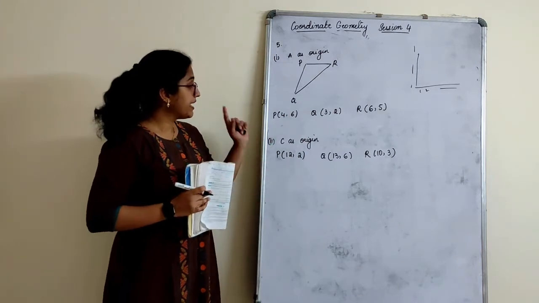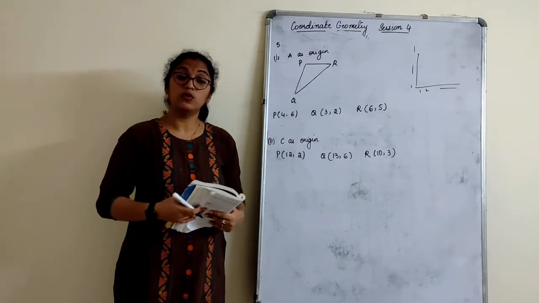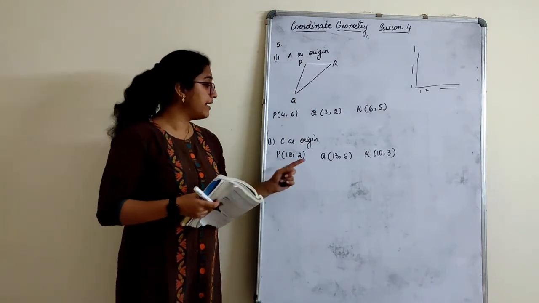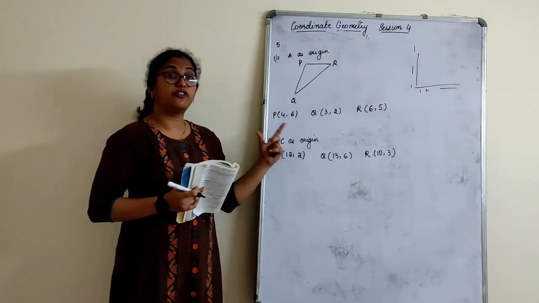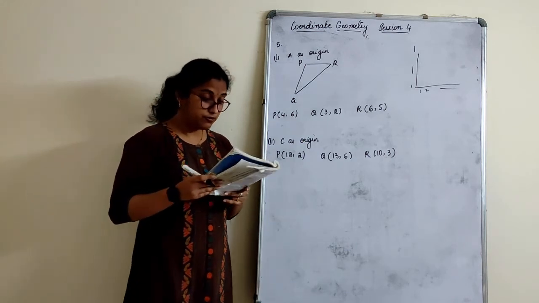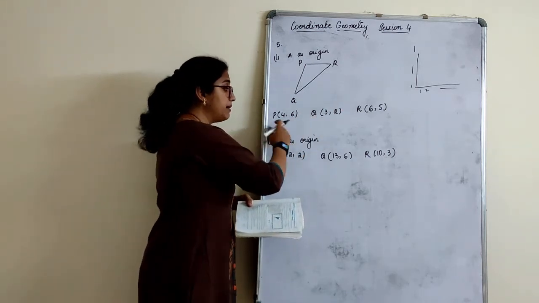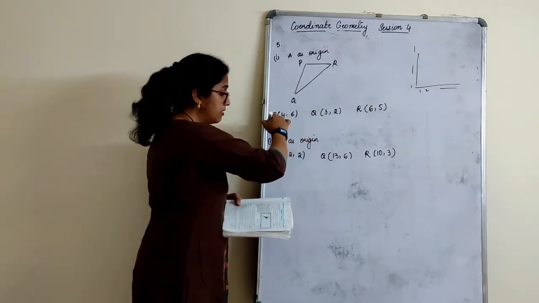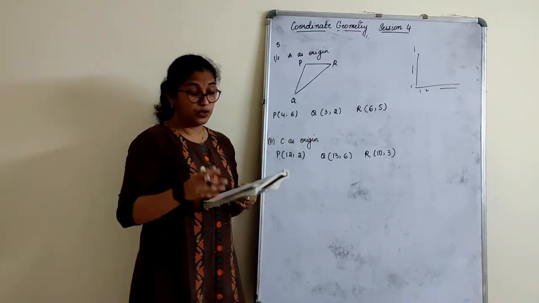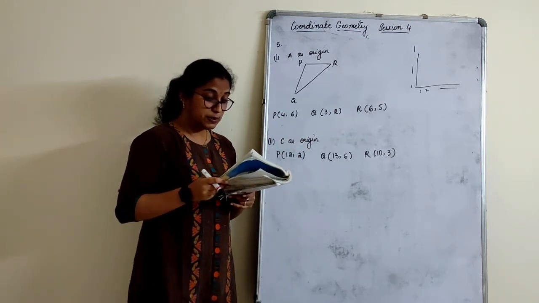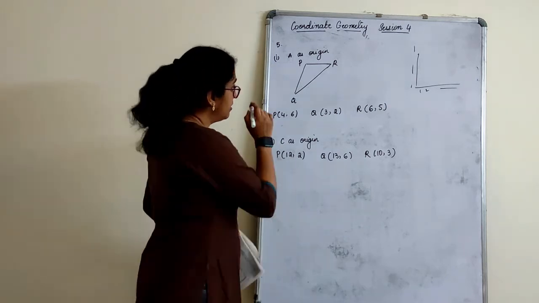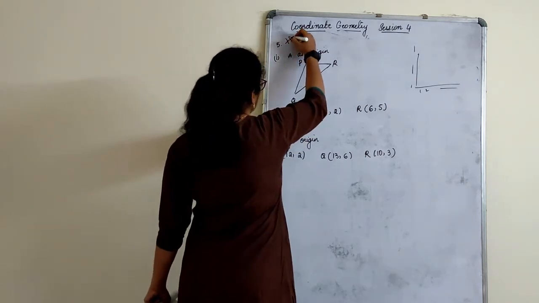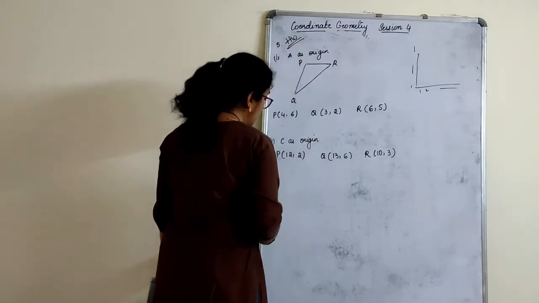That means I can read the triangle PQR with respect to A as origin and with respect to C as origin. Sorry, I have one set of vertices and a second set of vertices. Now, look at the next part of the question. Also calculate the areas of the triangle in this case. Till here I have done, children. Further is your homework. What's the next part of the homework?